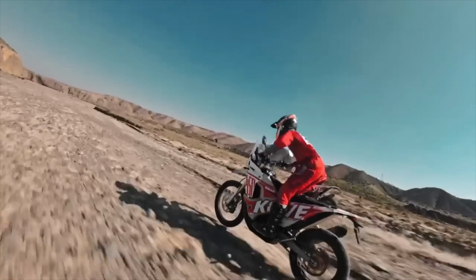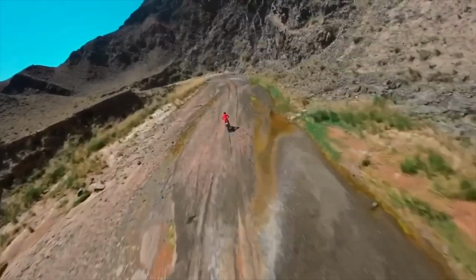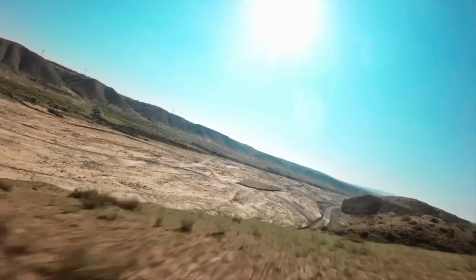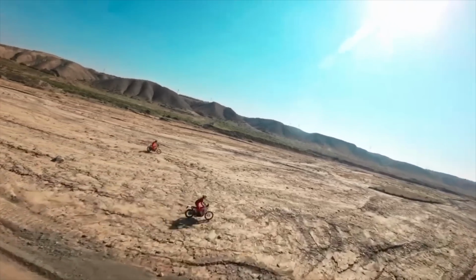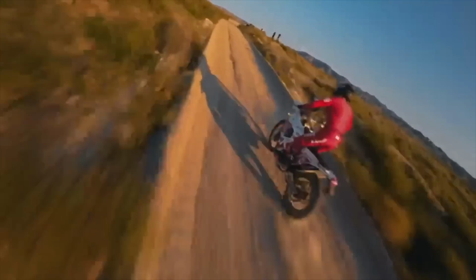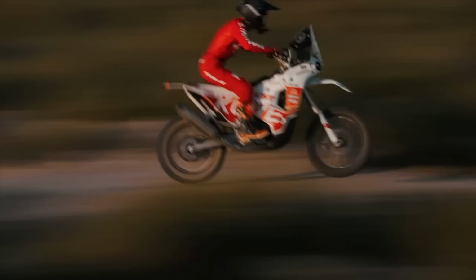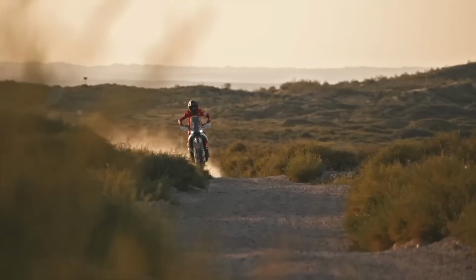What is the perfect motorcycle? Everyone has their own conception of one, but to most adventure riders, the perfect motorcycle looks something like this. Enough power to cruise the highway on a trip across the continent, enough lightness and off-road ability to shred any trail you come across. Oh, and if you want to pop into a rally race on the weekend, it'll do